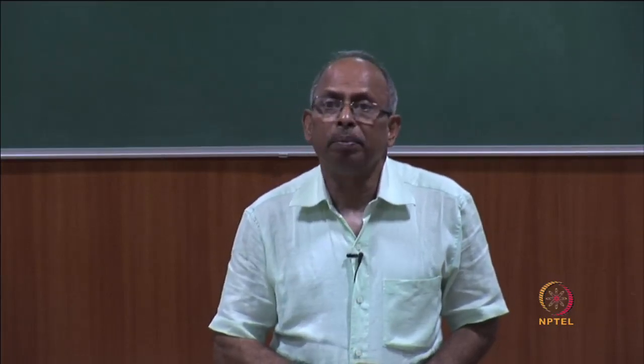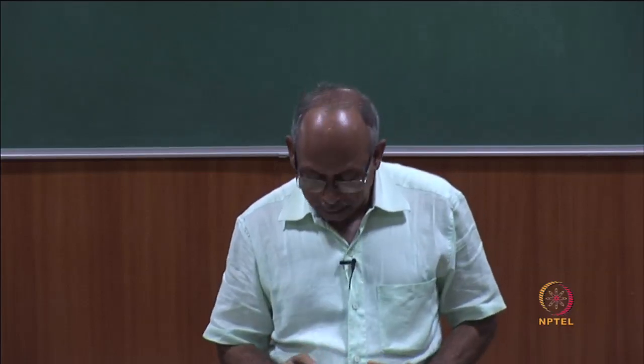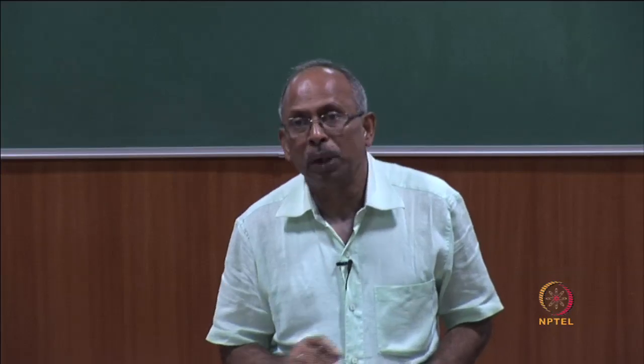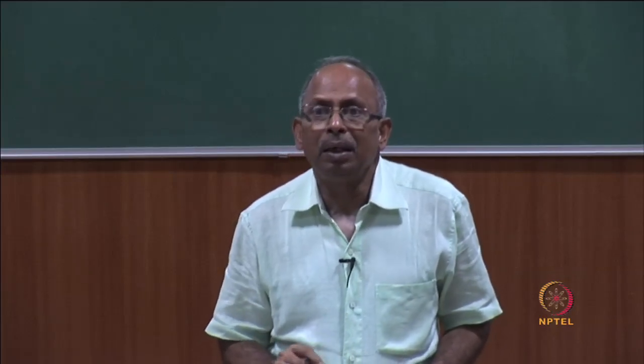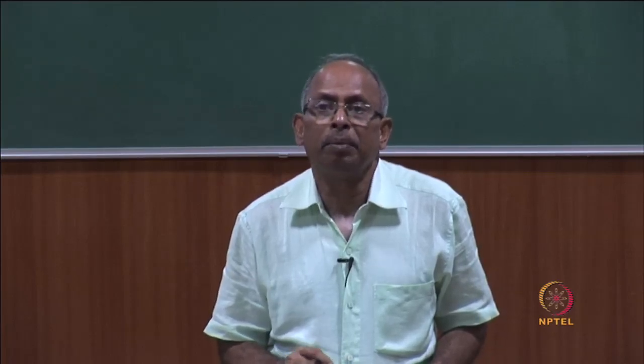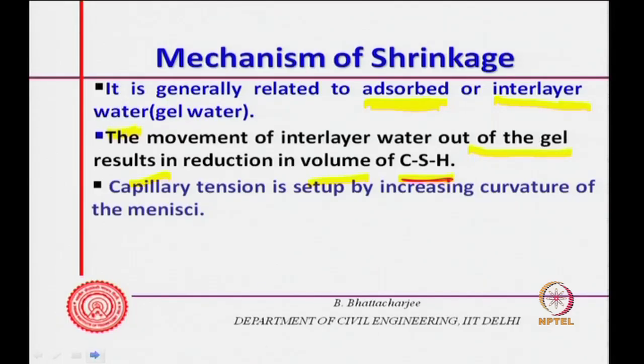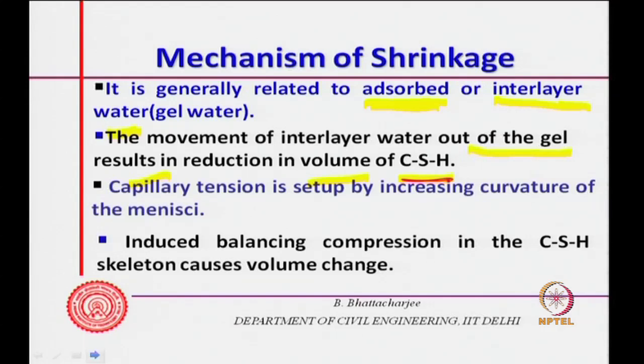When water moves out, the menisci curvature increases and this sets up a kind of tension. The tension increases, and this is balanced by a compression in the system, in the CSH skeleton, and this induced balancing compression actually causes